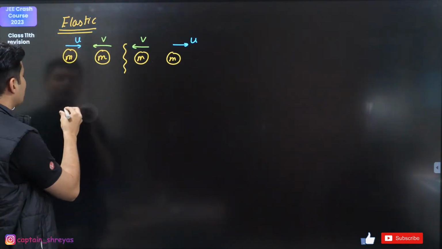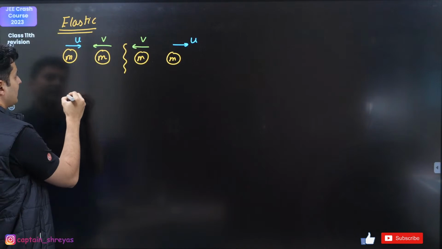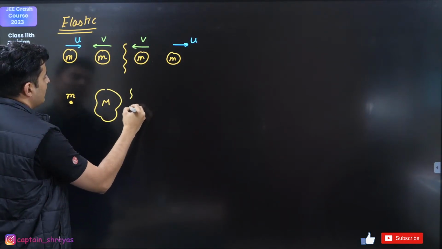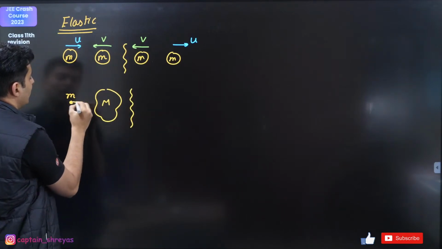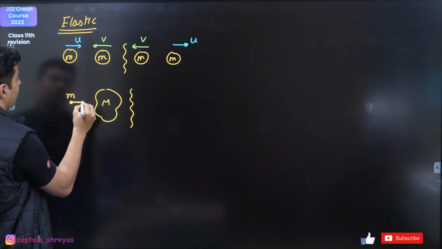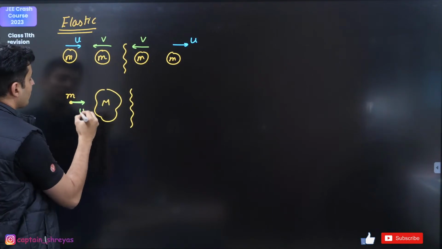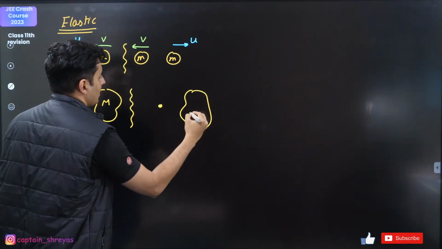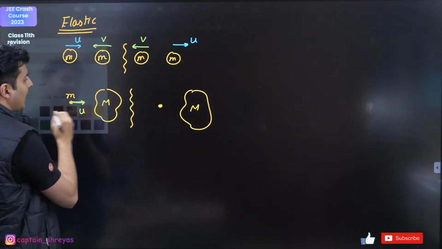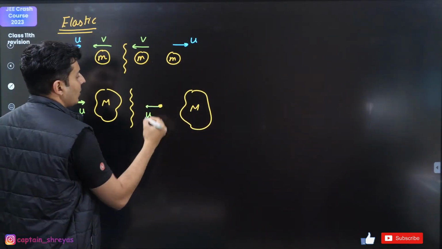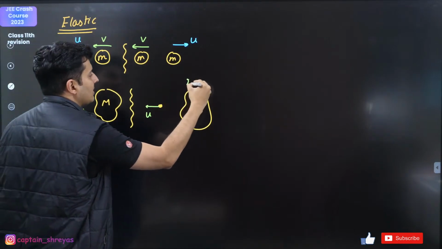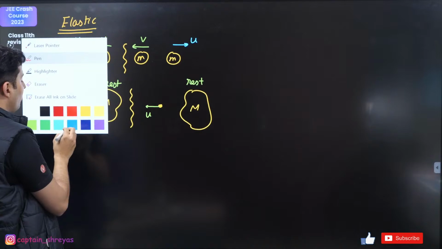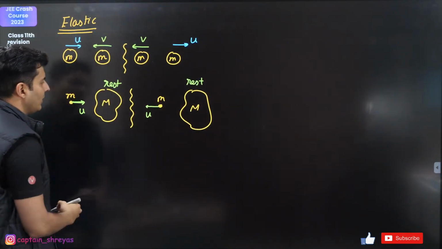Another important property is where you have a tiny mass colliding with a very heavy mass. Let's have a look. If this mass is moving with speed u, then after the collision that same mass just returns back with the same speed. The other mass remains at rest. Nothing happens to it. This is another important property which you should be aware of.